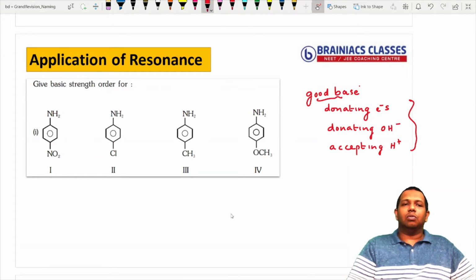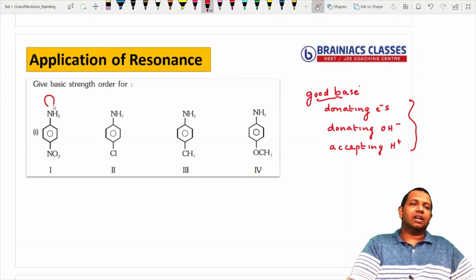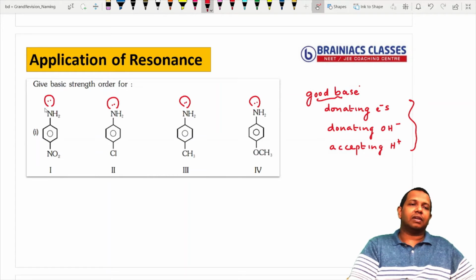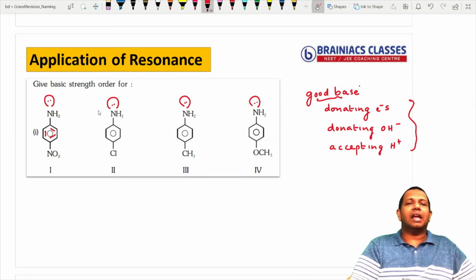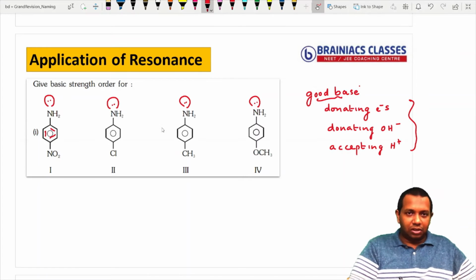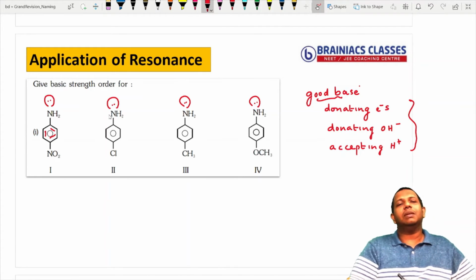Now what we need to see in this question is, we know that when nitrogen is there, a lone pair will always be there, correct? Here and here also the lone pair is present. Now we know that this lone pair can enter into resonance with the benzene ring because it has a structure like this: lone pair, single bond, double bond. So the lone pair will shift towards the double bond. So usually in aniline the lone pair is not available for donation, but comparing these 4, can you tell me the basic strength?